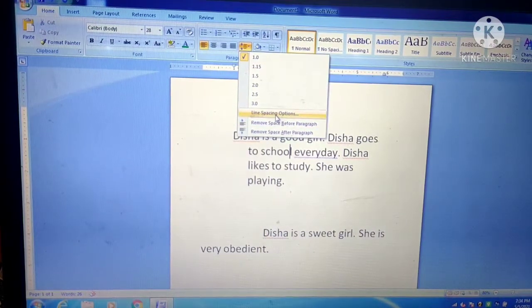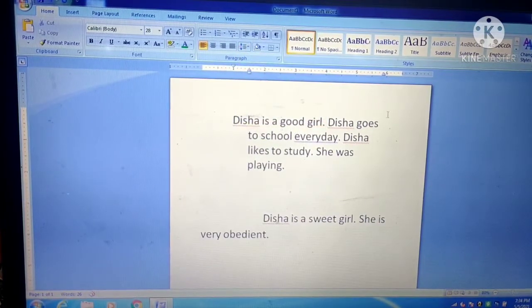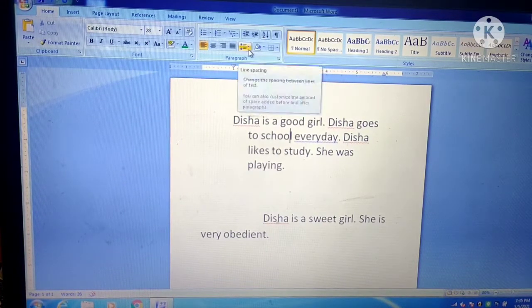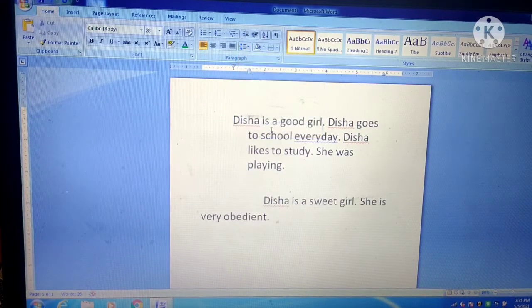If you want to remove the space before the paragraph, you can choose this option, remove space before paragraph. See, the space before the paragraph is gone. If you want to remove the space after the paragraph also, you will click this option, remove space after paragraph.